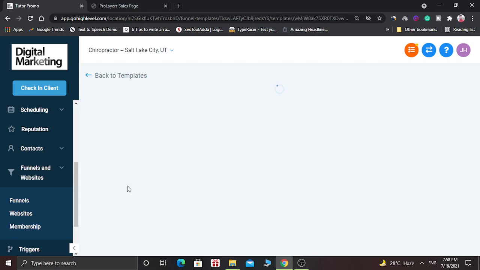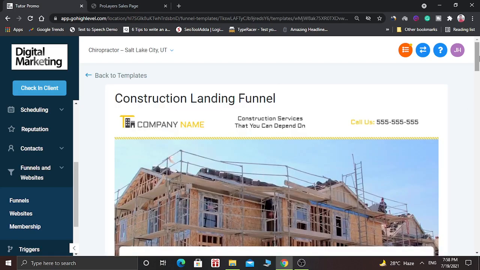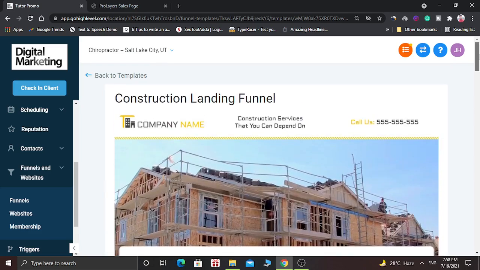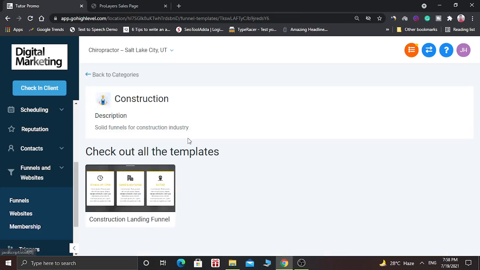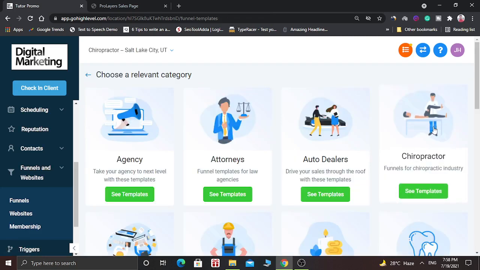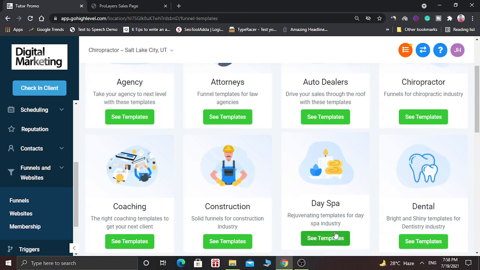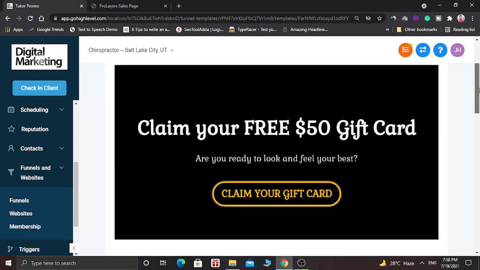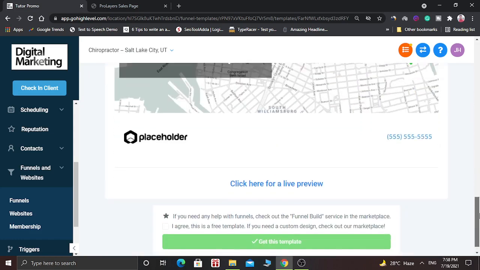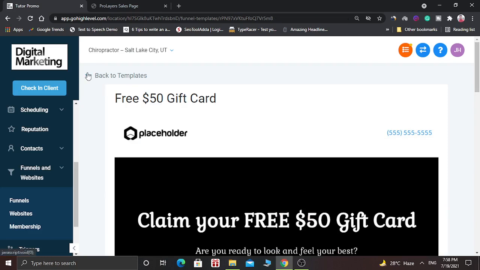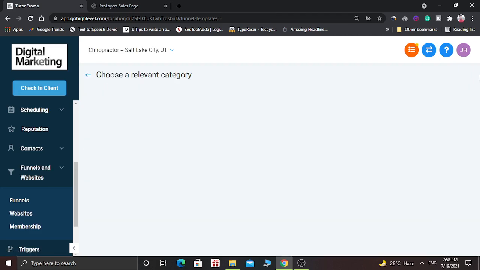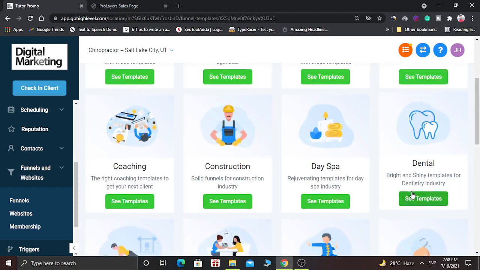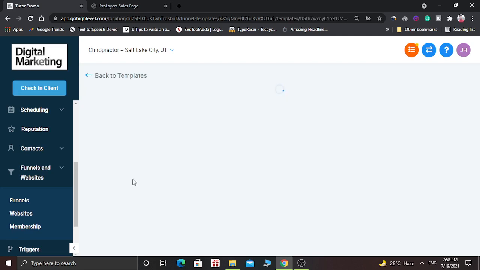Here is the funnel template for construction business. Let's see the funnel template for day spa. Next, let us see the template for dental business.